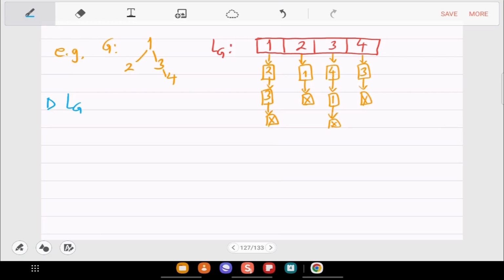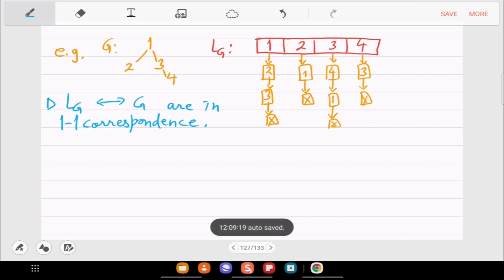So LG and G are in bijection. Okay, there is a one-to-one correspondence between adjacency lists and graphs.